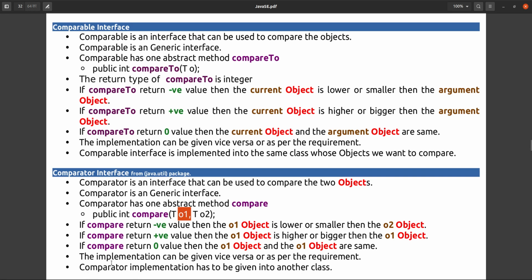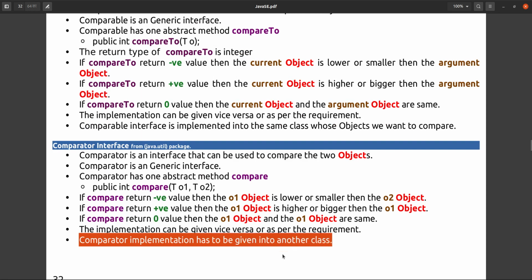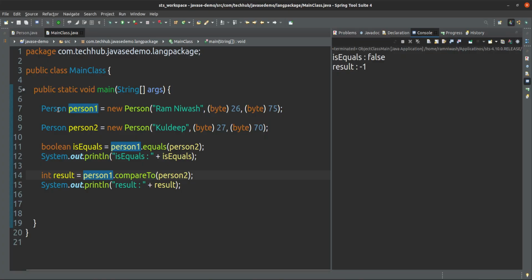And this is very important: the Comparator implementation has to be given in another class. You cannot give it in the same class. Suppose we are comparing by age, but I want to compare with height also. In that case I cannot give that implementation inside the Person class.